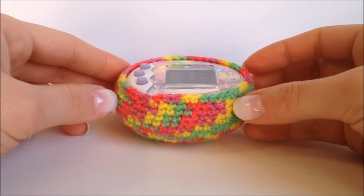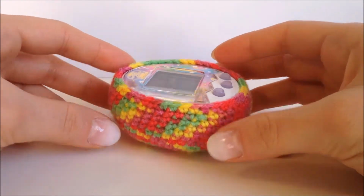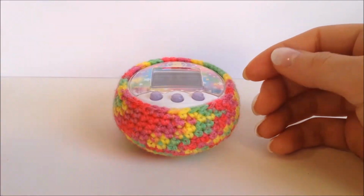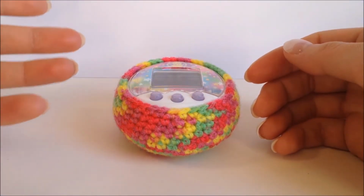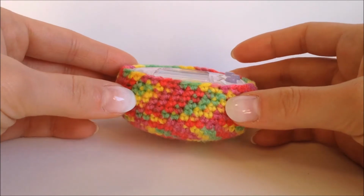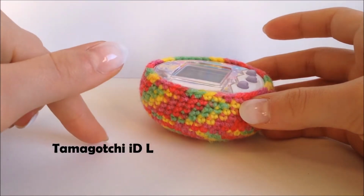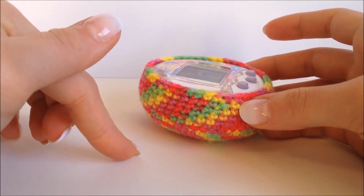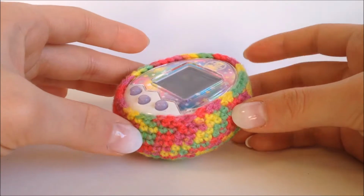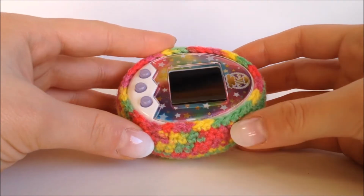So today I am back with a tutorial video on how to make your very own crochet back cover for a color screen Tamagotchi. They are all about the same size, just about the same shapes. So this one will fit the Tamagotchi ID, Tamagotchi IDL, Tamagotchi Pix, and the Tamagotchi Mix. So for this tutorial I'm gonna use my Tamagotchi Mix 20th anniversary edition,